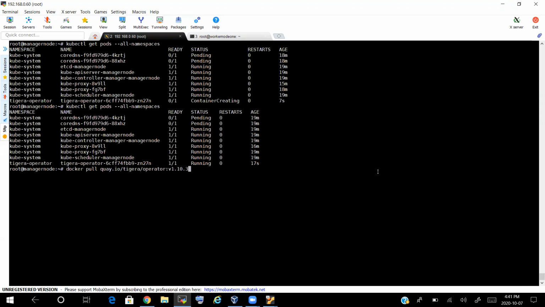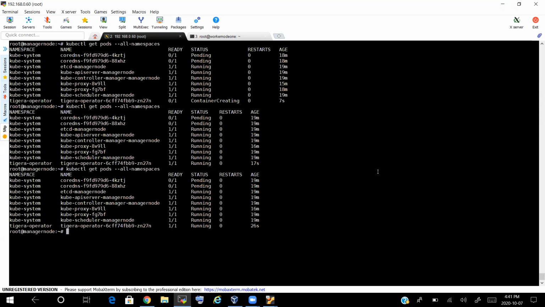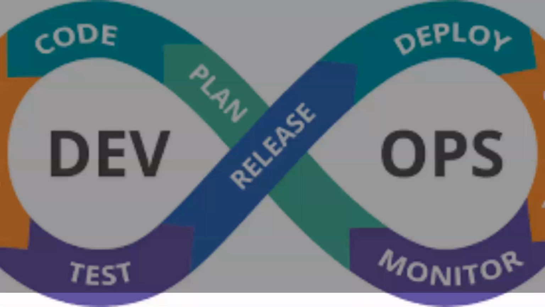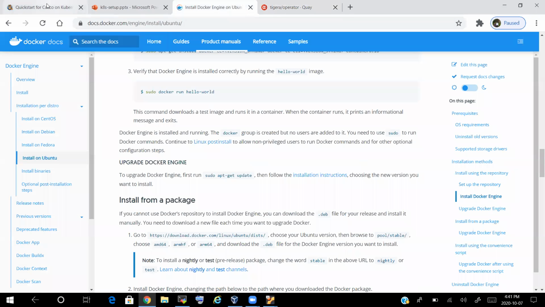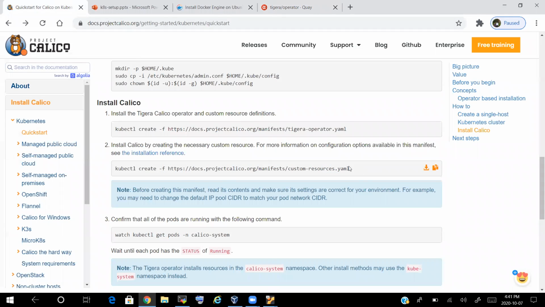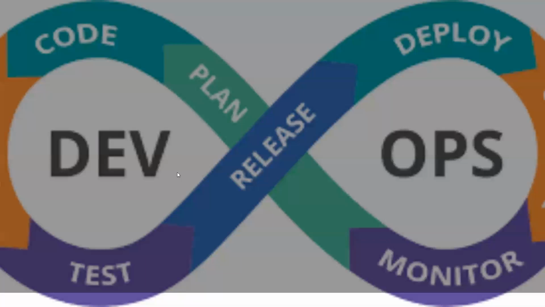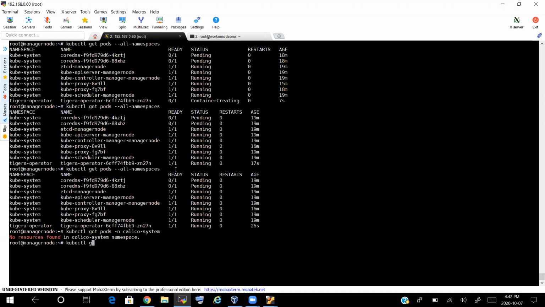Because this issue is solved, now you will see what namespaces we have: Tigera operator and Calico. There is no namespace called Calico-system. So let me try to go back to this documentation. And here, this we have already created. This is already executed. Maybe, yeah. kubectl get namespaces. You don't have anything like Calico-system.